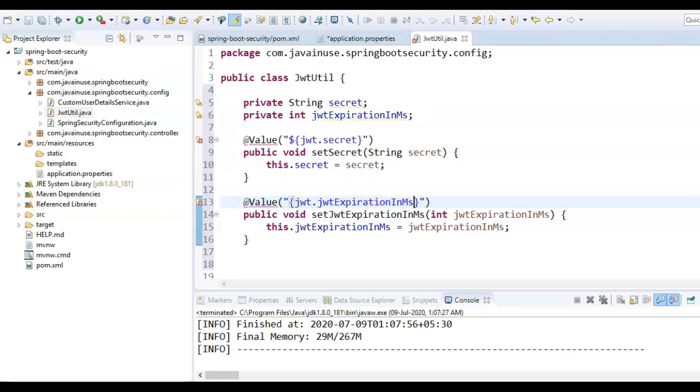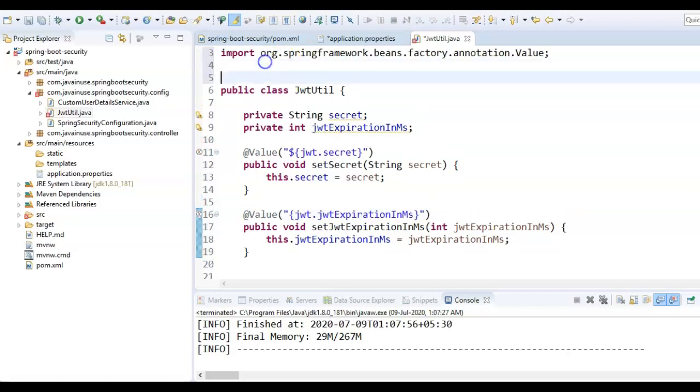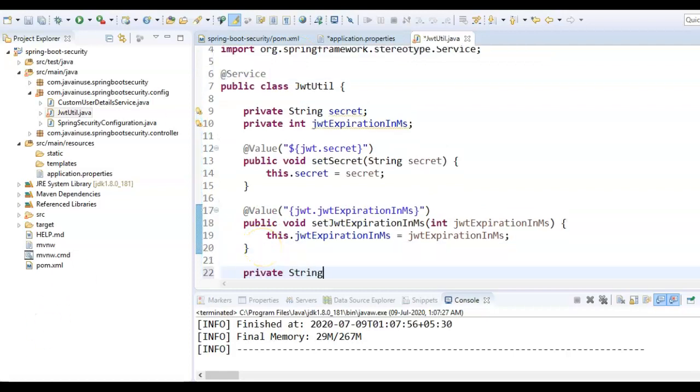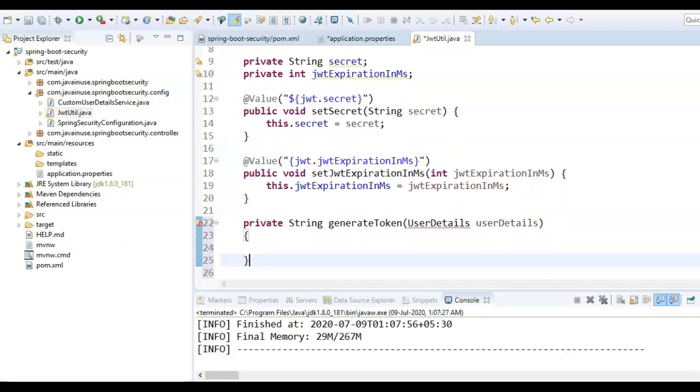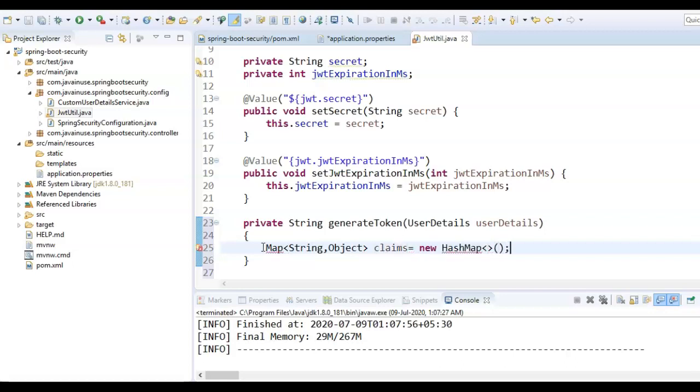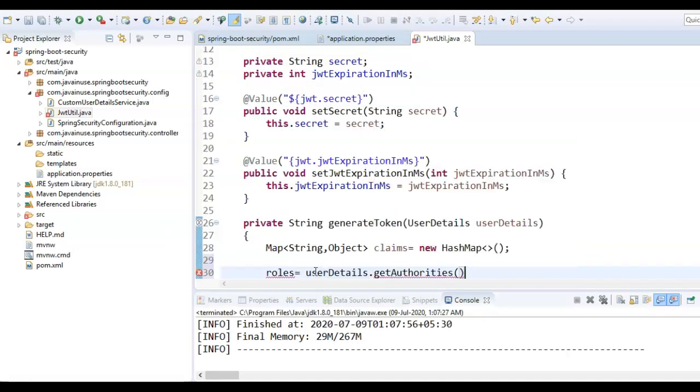Import these annotations. Also, for the JwtUtil class, we'll be making use of the Service annotation. Next, create a method named generateToken, to which we'll be passing the UserDetails object. In this method, we'll first be creating a map named claims, where we'll be storing the JWT claims. Next, from the UserDetails object, we'll be getting the list of roles that this particular user has.